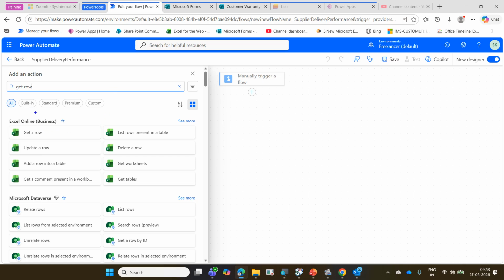Get row. So I'm going to get a particular row. As she has told, I want to get the list of rows. We'll see it in another few minutes, maybe after the tea break. Get a row. Once again, it will ask for your